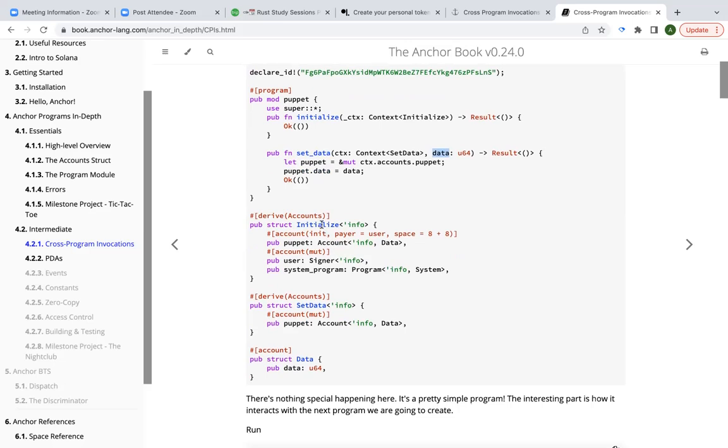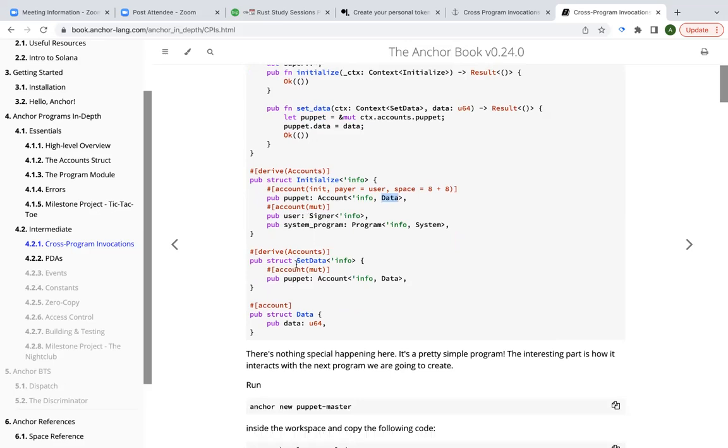Okay, all good. Then initialize has puppet, then user, then system program. Okay, so this is an account associated with data. Then set data has again this puppet account, which is associated with data, and data is nothing but, you can